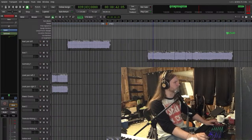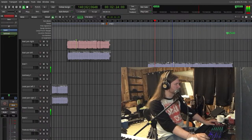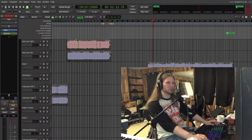I guess we could listen to this part of the song. I've kind of been avoiding this, mostly because, with the drums specifically, I know there's changes that I want to make here, and I haven't been doing it, but